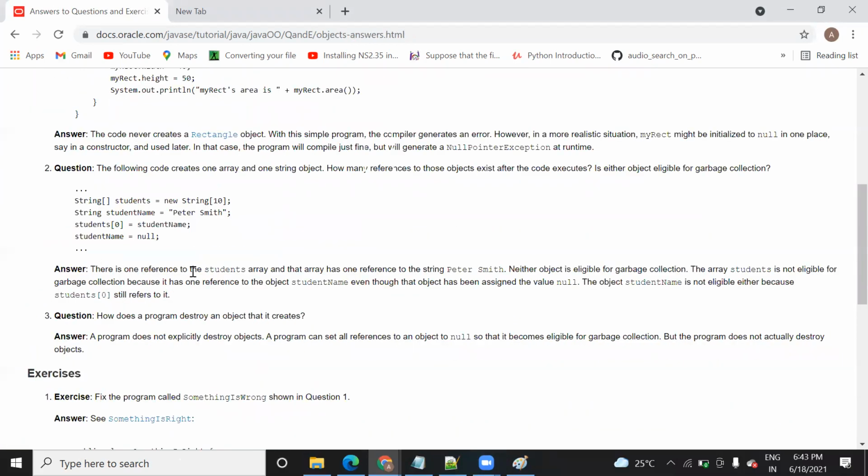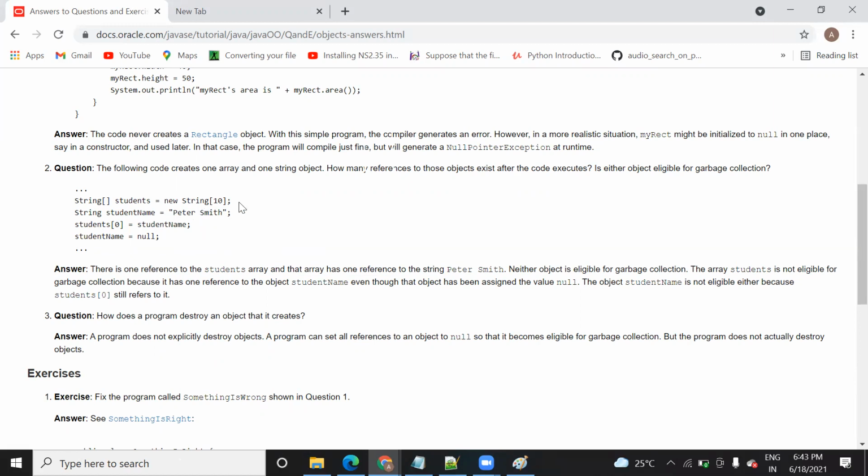So there is one reference to the student array. That array has one reference to the string Peter Smith. That we know. There will be only one reference because it is zero, right? They are talking about zero and they are initializing the whole value. As it is a string, the whole name will be assigned.